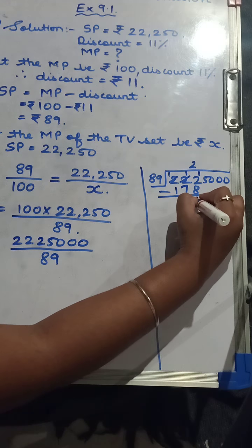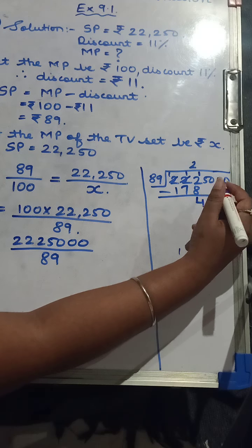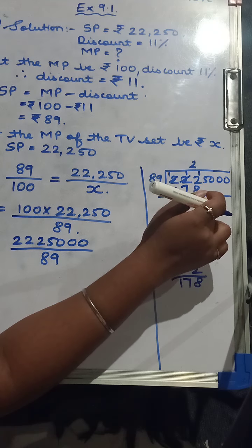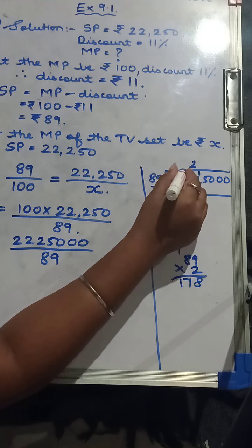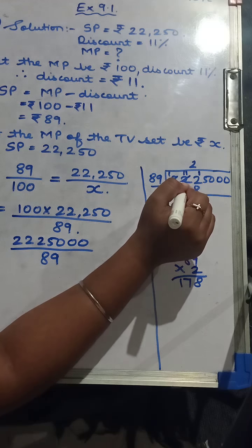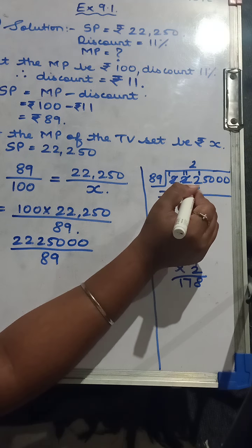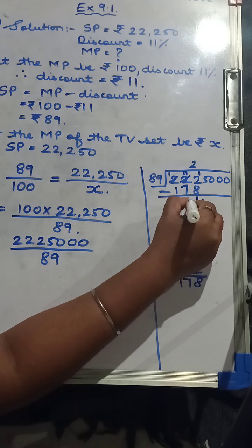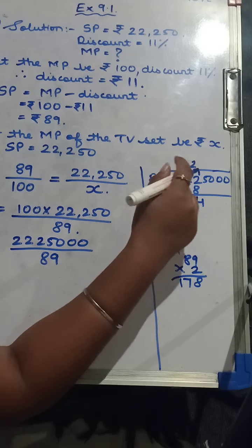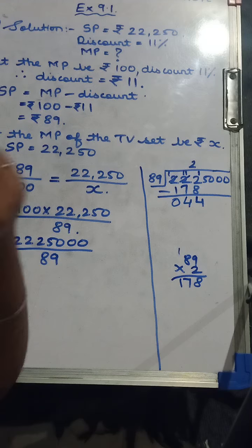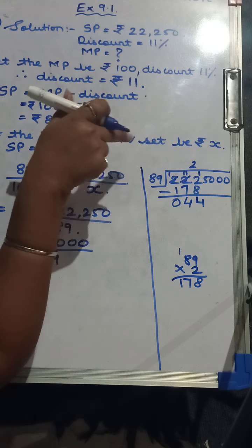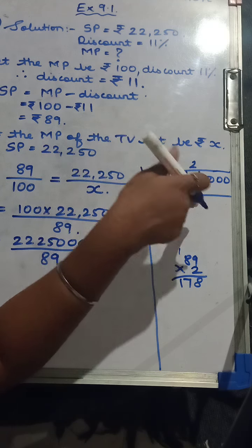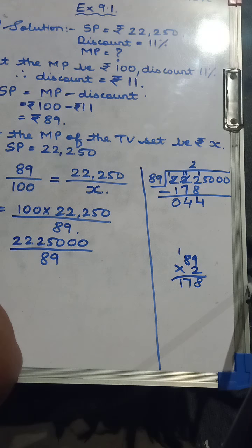12 minus 8 is 4 here. 1 minus 7 is not possible. So again we cancelled here. 11. So 11 minus 7 will again give you 4. And then 1 minus 1 is 0 here. Got everyone? 11 minus 7 is 4. 12 minus 8 is 4. And 1 minus 1 is 0. Now 44. 44 is again a smaller number than 89.